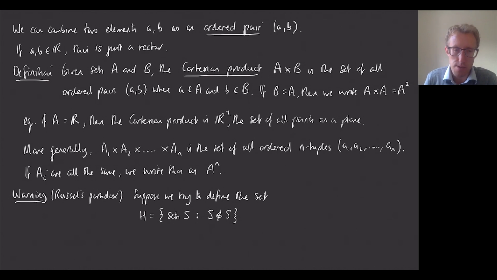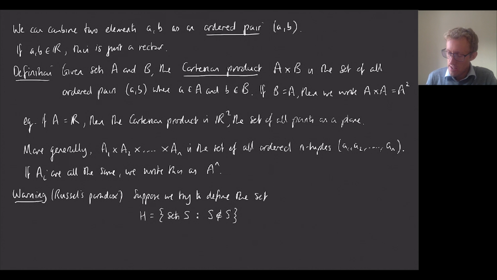Okay, so this appears to be a collection of objects. The objects are sets, and they have to have the property that they are not members of themselves. Okay, and all of the sets that I've mentioned so far would seem to be in this set, because none of them are members of themselves. So for instance, the set of natural numbers, the elements are numbers. None of those elements is itself the set of natural numbers. And we have the same issue with all of the sets that we've seen. So this set would seem to be quite large. It contains lots of sets. But the problem is whether H is itself in H.